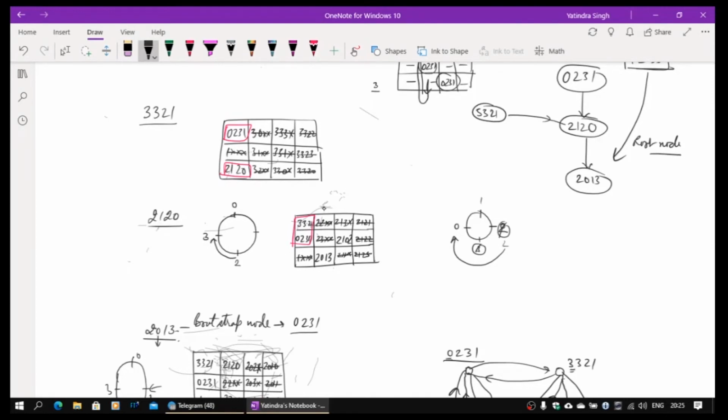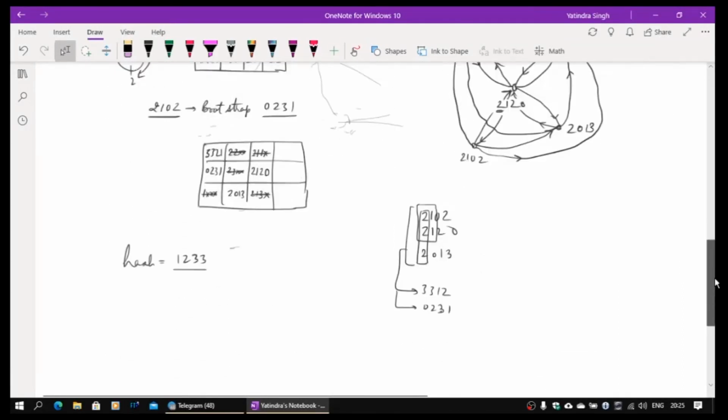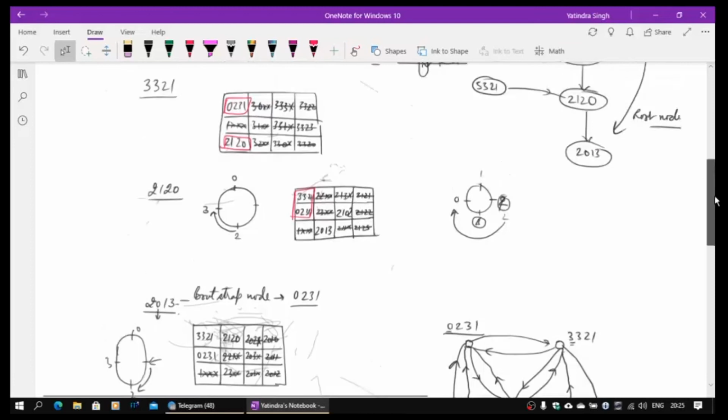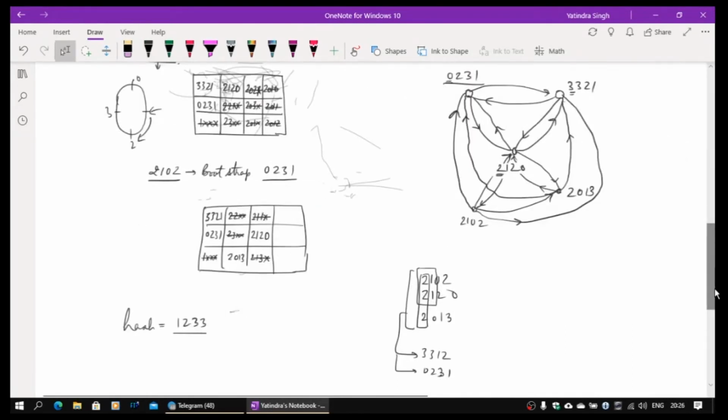You start with something else, say the last one, 2120 is there. We also have 2102. Okay, and let's see what is going to happen with that. So if I start with 2102, then what is going to happen? If you start with 2102 and you are trying to search, we will search for 1, so it will be stuck with 2102 in the first column. Go to the second one.